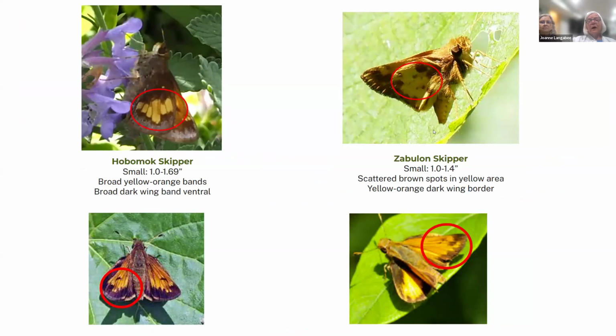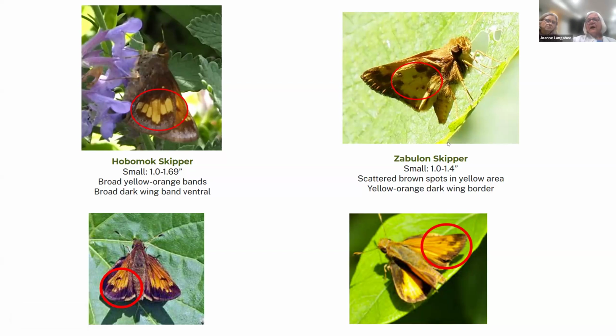Then the other two, both of these are not very common. Probably I see more at Fontenelle than I do at Lawrenson. What's been kind of interesting, these are both at risk, and in the last couple years we've started to see more of them for some reason, and I can't tell you why. The Hobomok is a dark color, with the yellow staircase on the outside of it, which differentiates it from the peck skipper, because this is much darker. And then you see this wide band on the ventral when it's open.